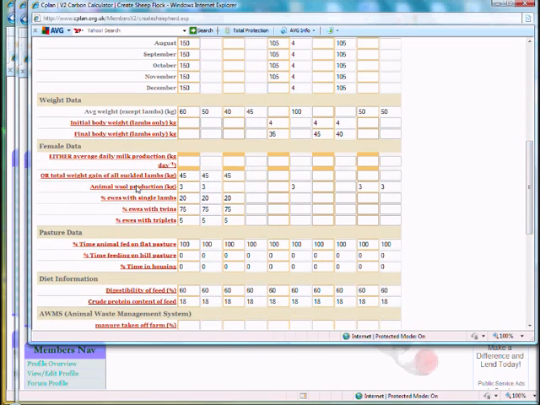The total weight gain of all suckled lambs, this is really to estimate the milk production of the ewe, because the ewe will have energy required to produce milk, and this is the total weight gain of all the lambs, not just of a single lamb. So if the ewe has triples, then we're saying that all 3 lambs combined have put on 45 kilograms over